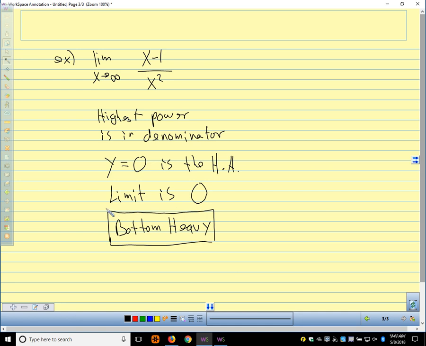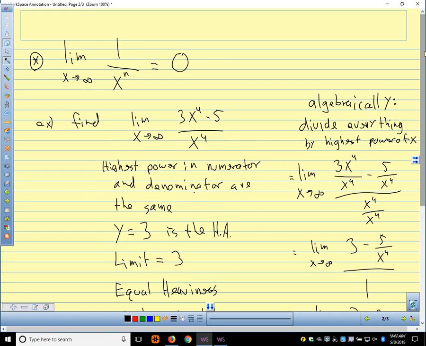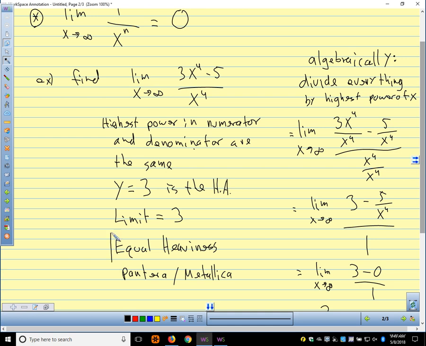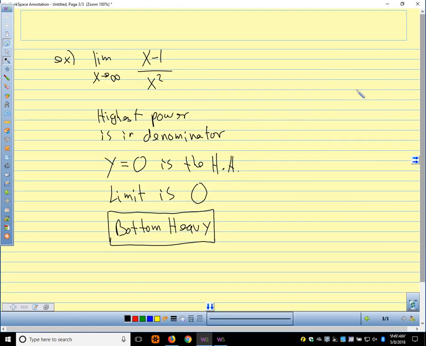So we call this bottom heavy. I'm just going to put a note here, equal heaviness, just so we have the term marked. So when we have a bottom heavy function, as x approaches infinity, the limit is 0. So if the problem doesn't ask you to show algebraically, just says find the limit, you can say, oh, that's bottom heavy, the limit's 0. Algebraically,